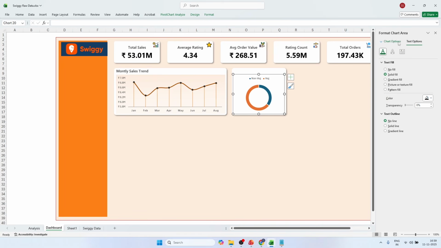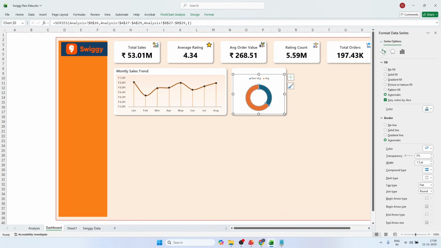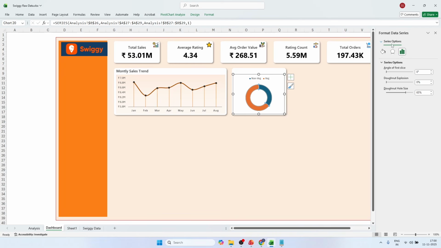Now I will go over here in chart options and click on series total, and here in donut size I will just reduce it. Okay, so I'll reduce it, let's say to 65%. Okay, and similarly I will go to effects, or let's come to the colors. Okay, first I will just go to